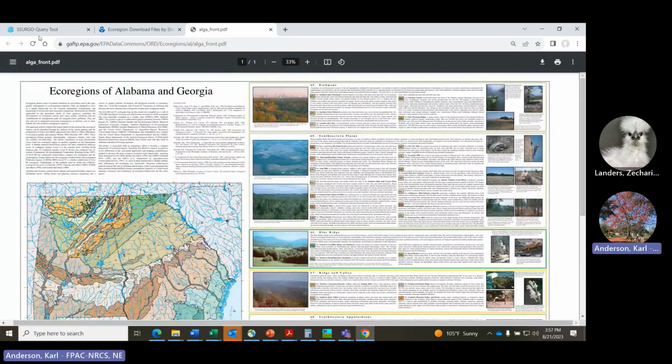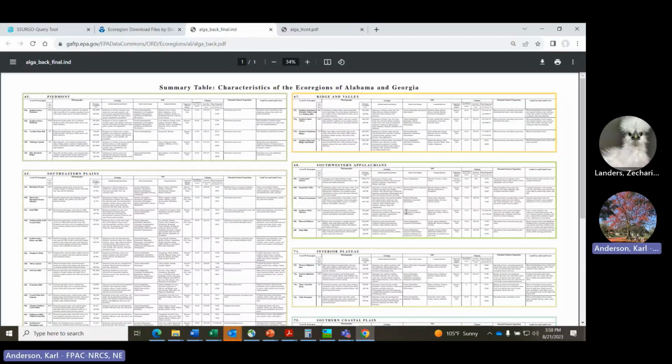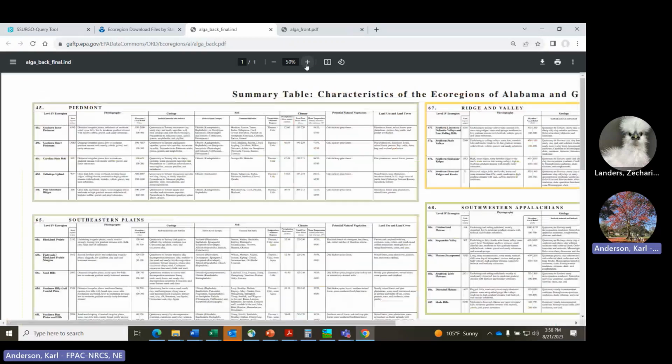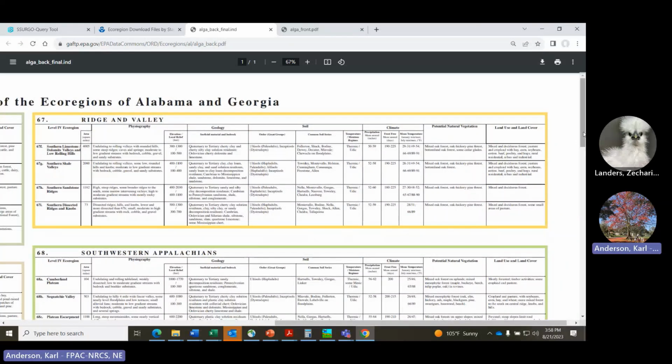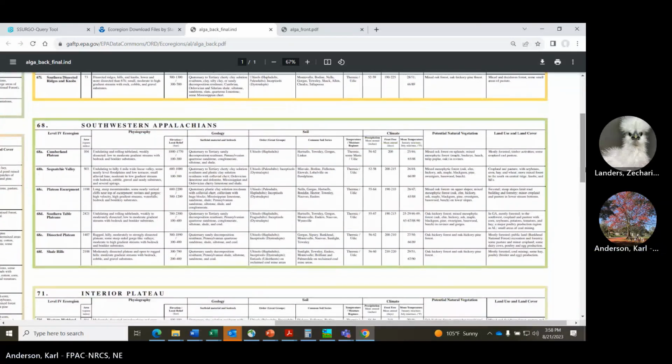You can also go back to this and find out extra information. So we're going in that 68E. Come over here and find out a little bit more information about that. Every state, every area has some version of this. So then you can look at approximate area in square miles, and you can look at all these different categories. The geology. You can find out the elevation and local relief,